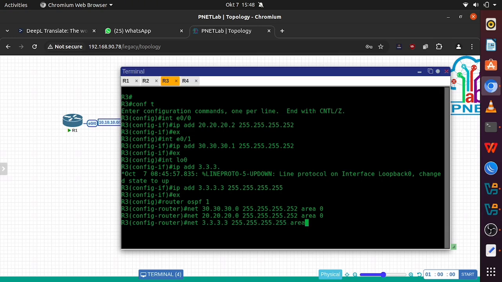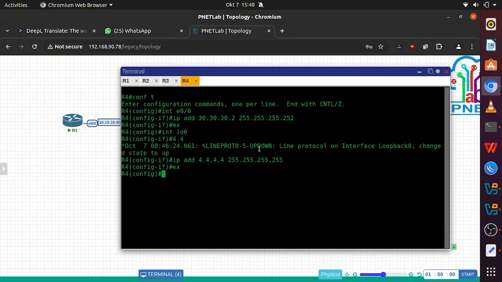And after that we'll go to router 4, making OSPF 2 and also the network of the interface loopback and the network of the IP address interface.